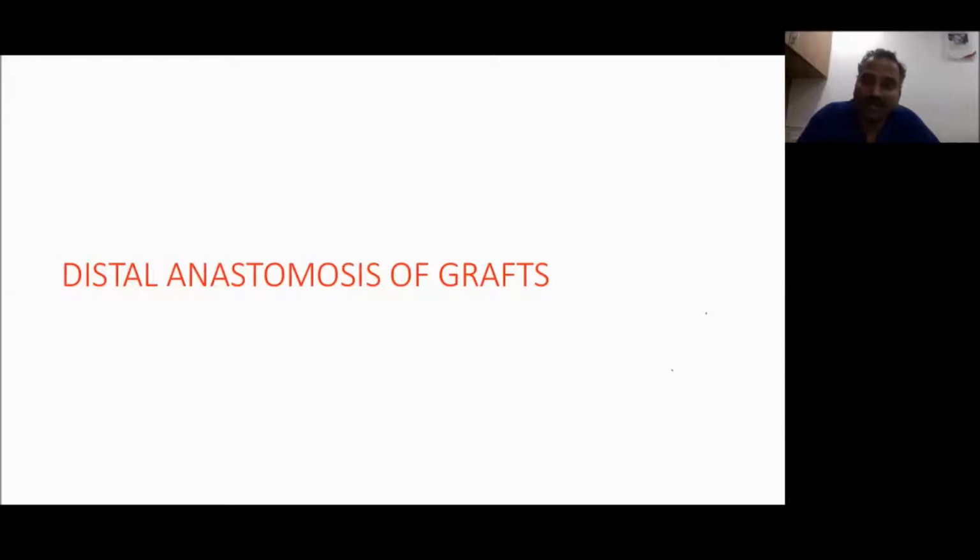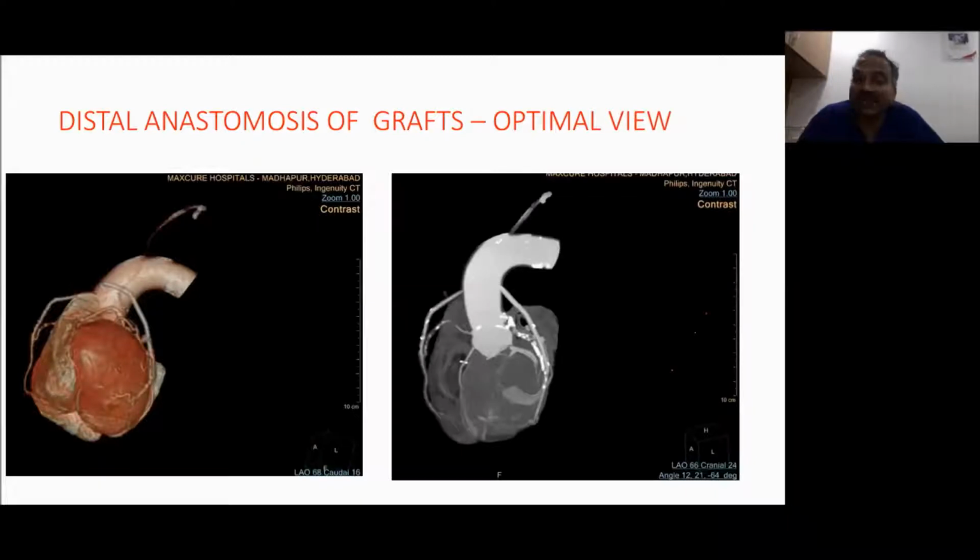So now I'll come to the distal anastomosis. I completed the proximal anastomosis and course of the grafts. I'll come to the distal anastomosis of the grafts. So this is again one important thing which you have to visualize, because most often, the early post-op ischemias